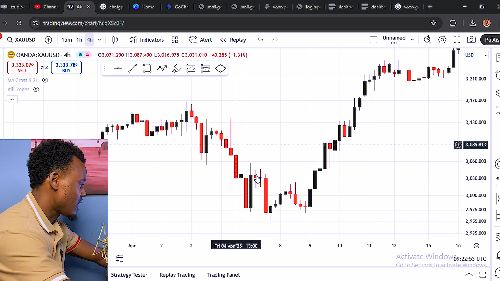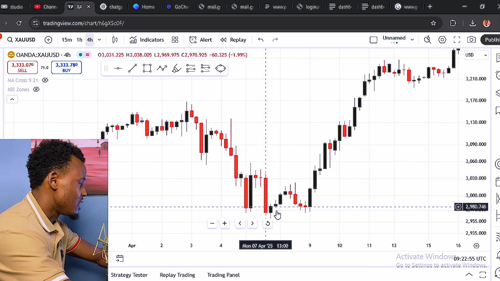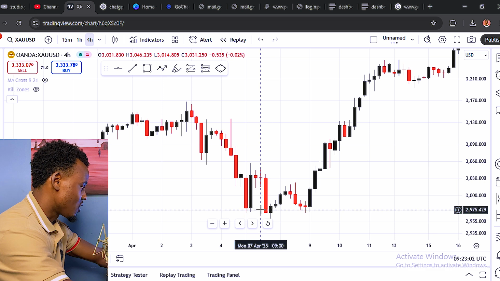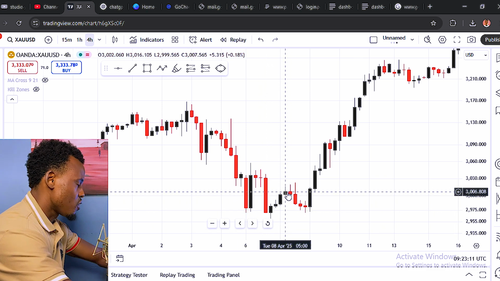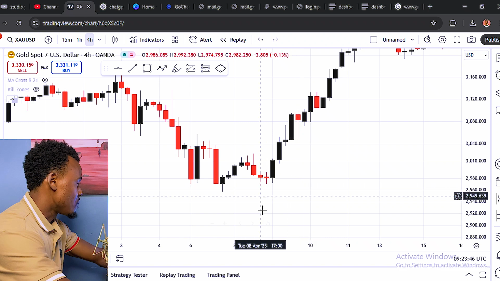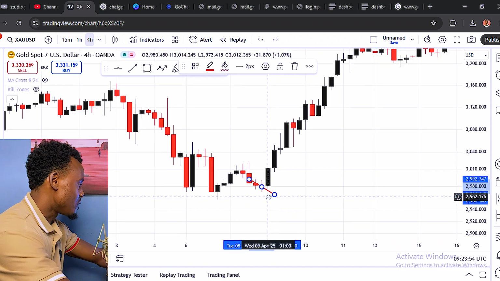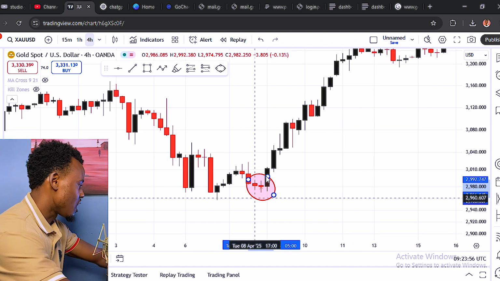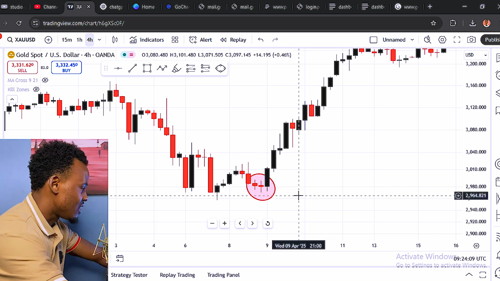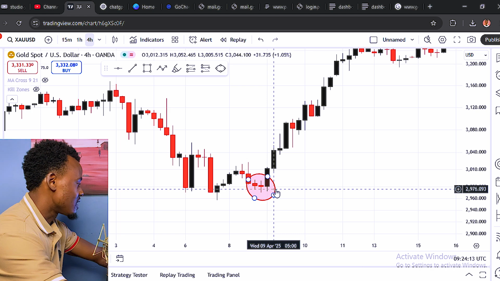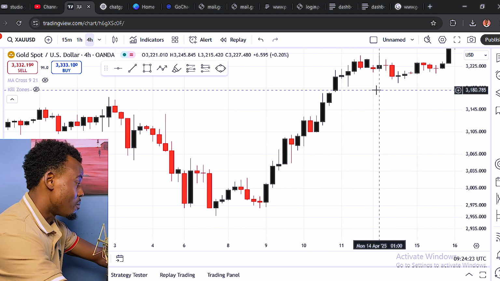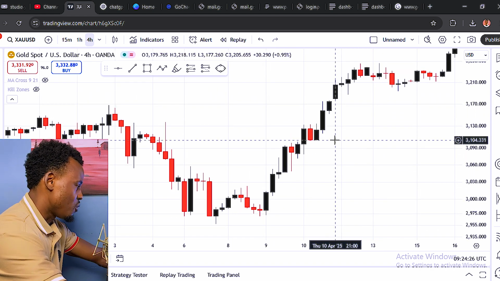Now, as you can see, it was selling. Suddenly, the strength of the sellers got weak from this low right here. Buyers get into the market and start pushing the market back up. Then the sellers say, man, the price cannot keep going up, we need to push it back down. If they were trying to push the price back down, you can see there's a reaction right here around this angle. The strength of the sellers is already weak, and that is why, immediately, the buyers get into the market and make sure they push the price up massively. As you can see, that's exactly what happens here.